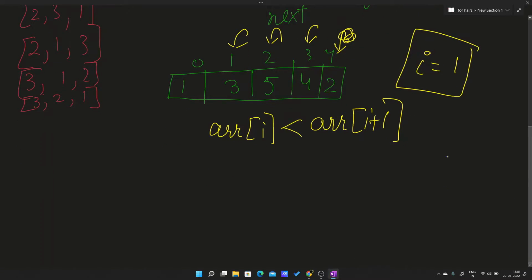After that, we will again traverse from the back and find the first occurrence where the value is greater than 3. When I traverse from here, 2 is not greater than 3, 4 is greater than 3, so my j is 3. Now we will swap